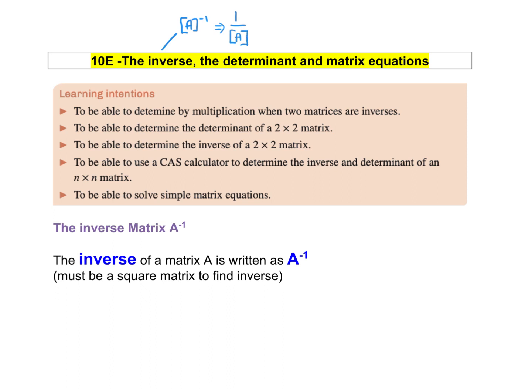When you say something's to the power of -1, it's essentially like saying 1 over, which we could say is like dividing. So in matrices, when we want to divide, we multiply by the inverse. You might want to write a little note like that. So in matrices, when we need to divide